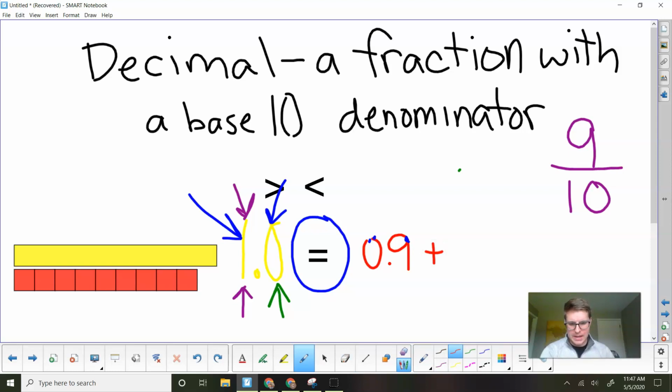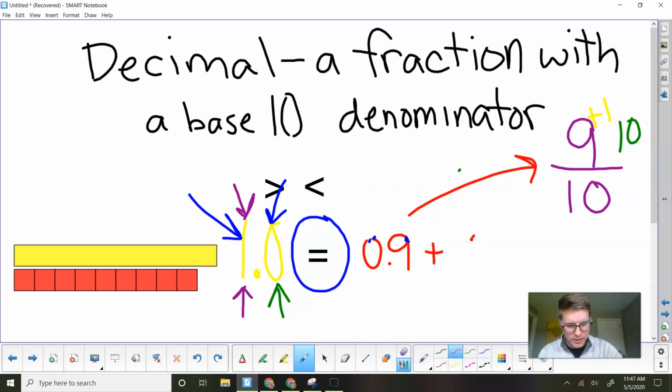What do you need to add to 0.9 to make it equal to 1 whole? Think about it. Up here, that's 9/10. That's what this 0.9 means. It means 0 and 9/10. What do you have to add to 9/10 to make it 1 whole, or 10/10? How do I make this 10 on top? What do I have to add? I've got to add 1/10,